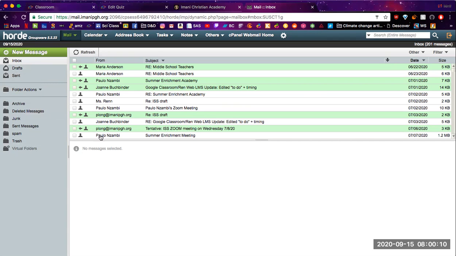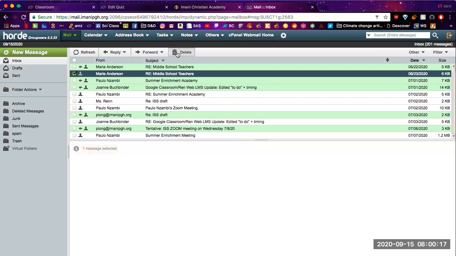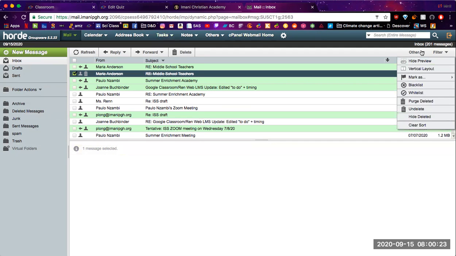For deleting any emails that you might want to delete, you'll just go ahead and click the little arrow box. You'll click delete, and that'll kind of cross it out, but to get rid of it altogether, you're going to hit other, and then click purge deleted, and that will get rid of it from your system. You can also mark anything with a flag or